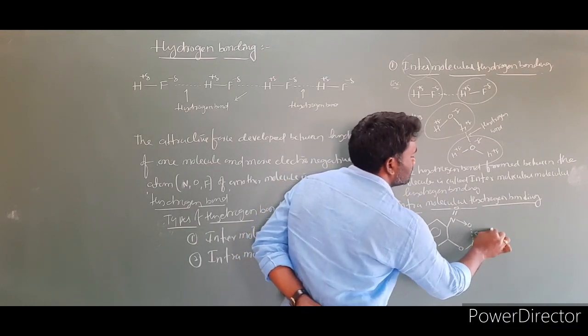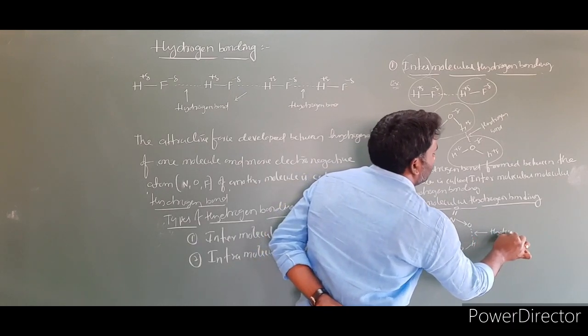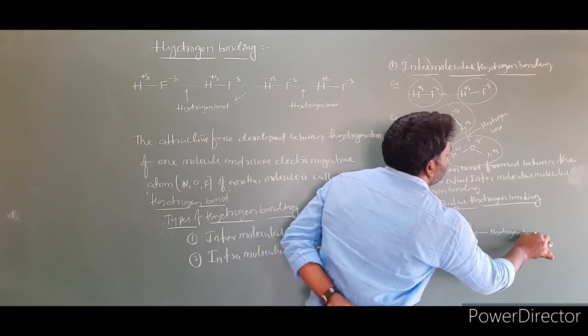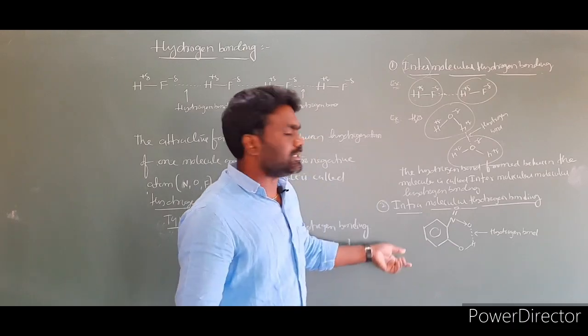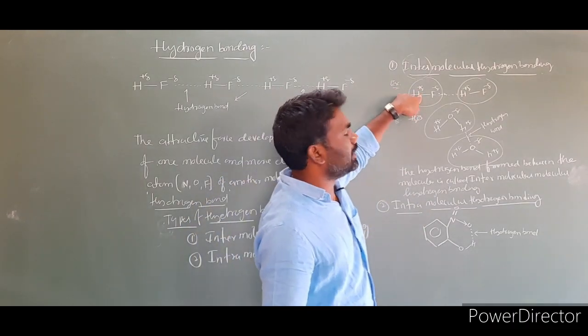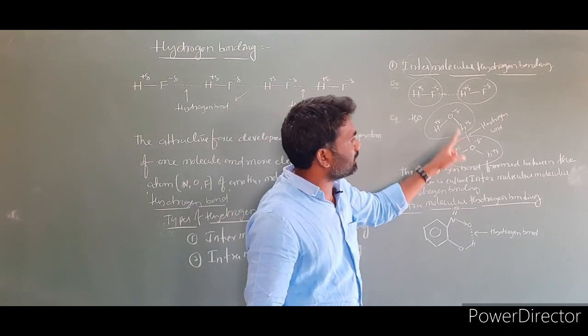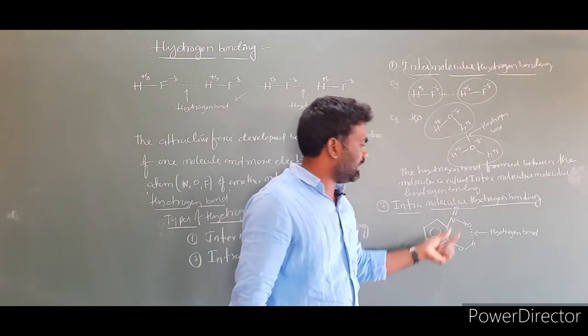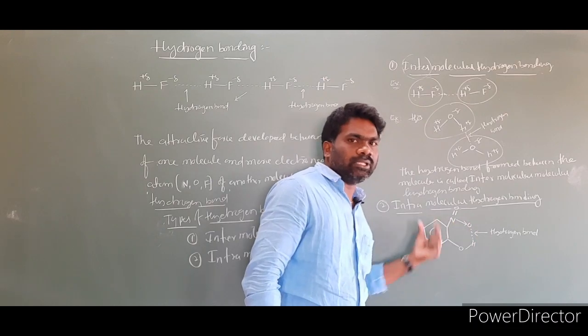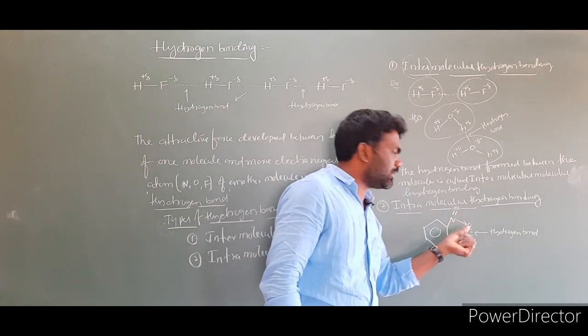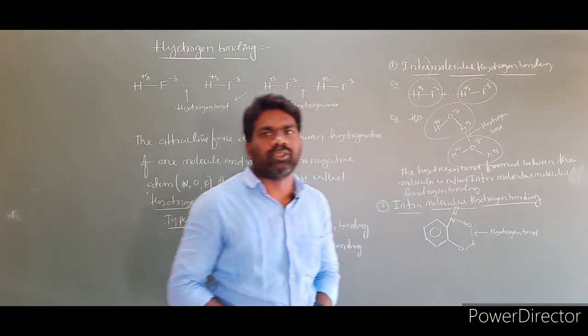This we have to call as a hydrogen bond. So what is the difference? Understand? This is one molecule, this is another molecule. Hydrogen bond is there between them. But here is only one molecule. This total is only one molecule. Within the one molecule, hydrogen bond is there. That hydrogen bonding is called as